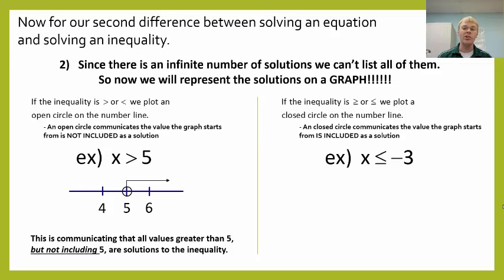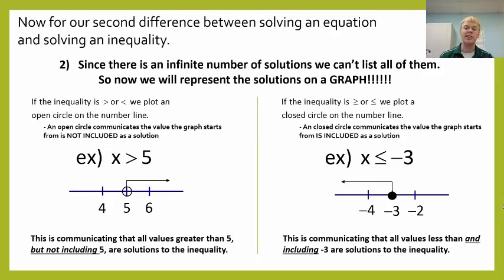And a closed circle is telling us that we do include the value on the number line here. So you can see we include -3, one integer to the left and one integer to the right with -4 and -2. And this is less than -3 are the solutions. So we're going to graph every value that is to the left of -3. And again, the closed circle is telling us that it's everything to the left and including -3 as a solution